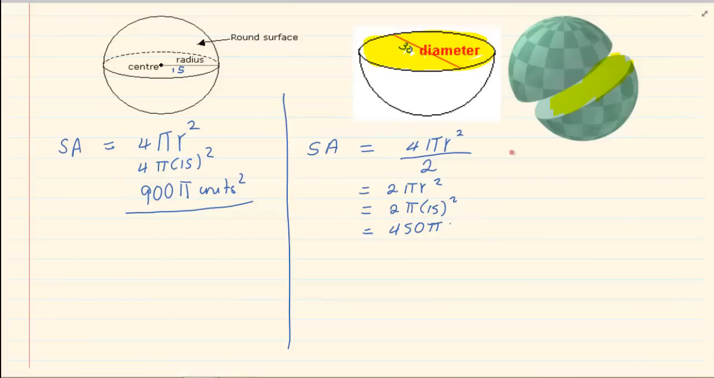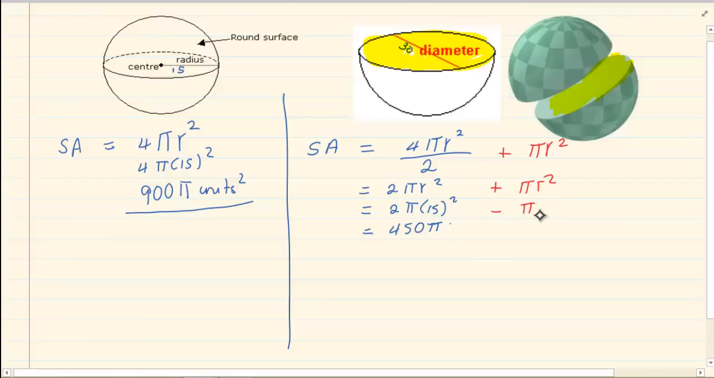It has the surface area of a circle, which is pi r squared, which means that besides your 4 pi r squared divided by 2, you still have to add a pi r squared, which will give me plus pi r squared, which is equal to pi, and then my r is 15 squared. So my final surface area is 675 pi units squared. Now, the easy way of doing it is you could have simply said that it is 3 pi r squared,